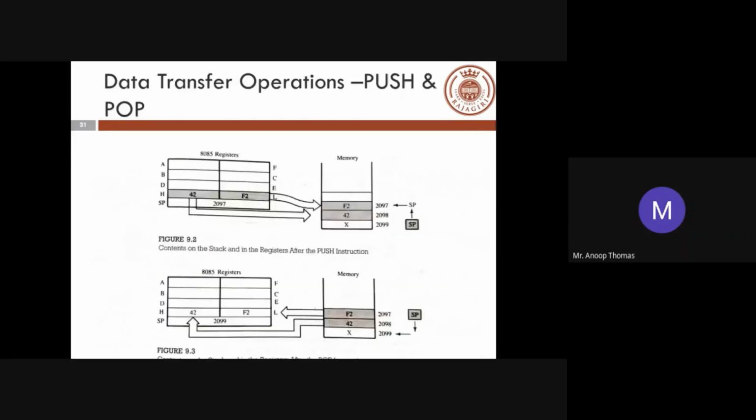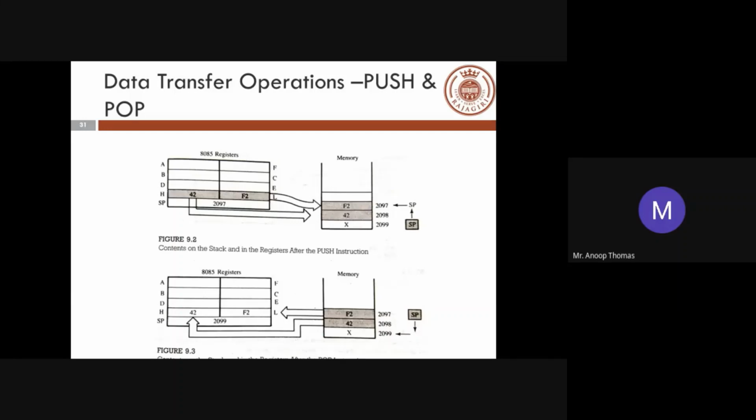So as you can see, this is the push operation. So this is your registers A, B, C, D, E, F, G, I mean H and L. So H and L has 40. H has a value of 42. Then 52, 42, and 52. Now when you do the push operation, consider that you have done a push H operation. Now these particular values, that means 42 and F2, will go into the addresses which are pointed by the stack pointer. F2 is pushed lower order, the L value is pushed into F2 and it is incremented. Then the 42 is pushed into 2098.